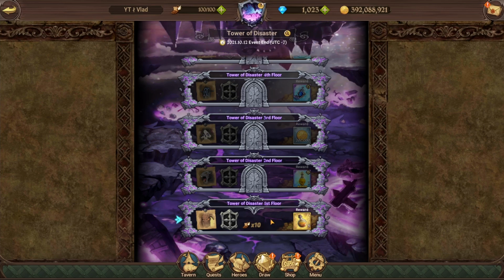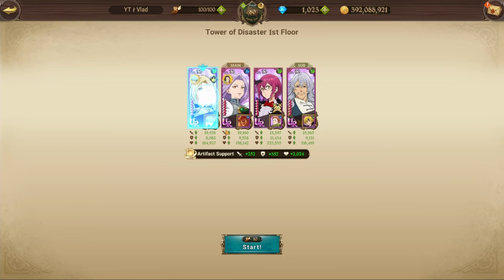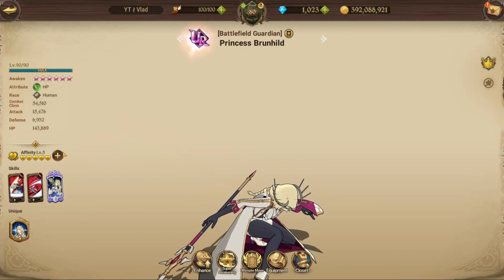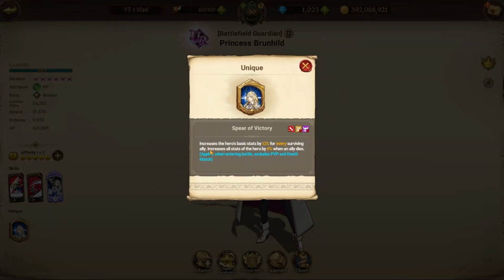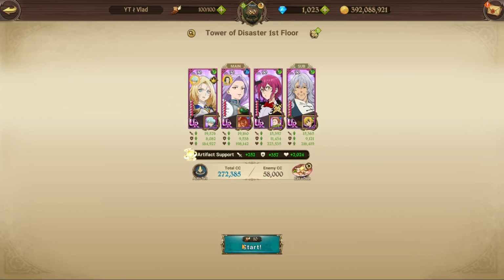But what team are we using? Gonna use this team here mainly because I've been having heaps of fun with Brunhilde at the moment. If you don't know what her passive is, we'll quickly have a look at it here. But I mean, doing the Hasvelga raid a bunch, I've just been using her a lot. It increases all the hero's basic stats by 12% for every surviving ally, and increases the stats of the hero by 8% when an ally dies. So extremely good. Unfortunately, it doesn't apply in PvE or PvP or deathmatch, but it'll apply here,